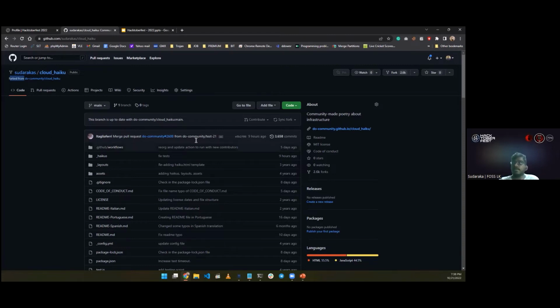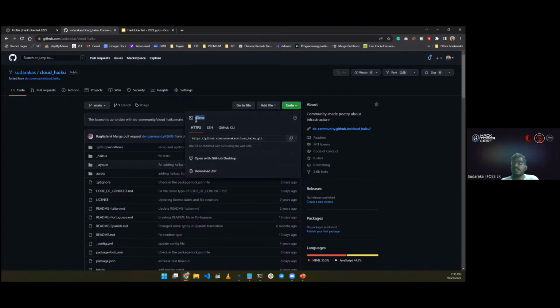Next thing is you need to get the copy of this code to your local environment. This is some kind of online platform. So in order to get this code to your local branch, you need to click this code button. When you click this, it will ask to clone the repository. Clone means we are getting a copy of your repository to your local branch. So I'm going to clone here. You can select HTTPS, SSH, or GitHub CLI. I'm going to continue with HTTPS. You can click this button to copy this link.